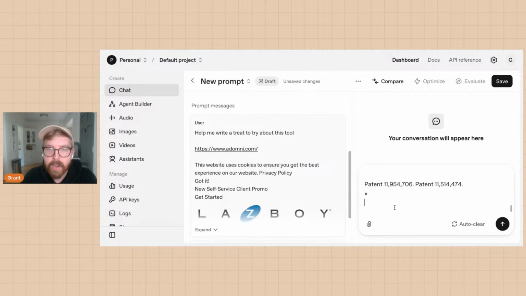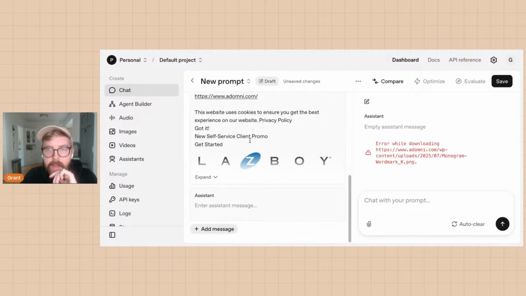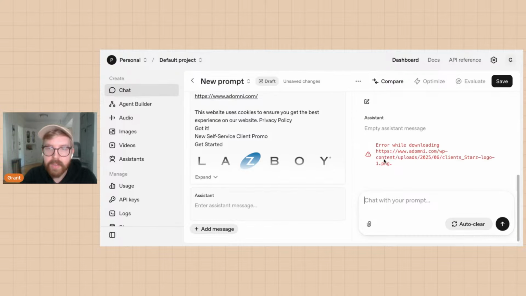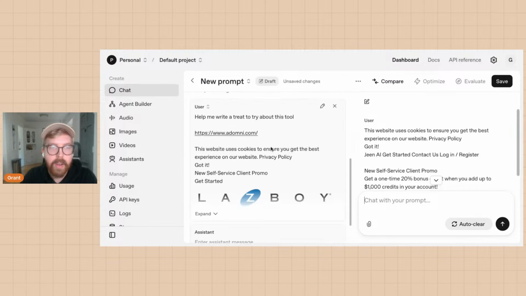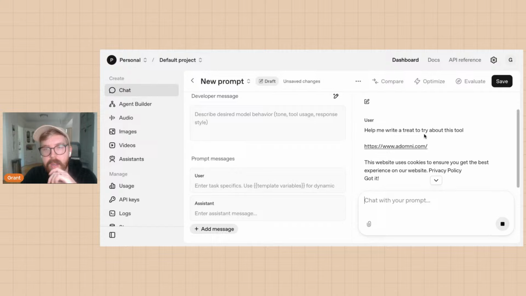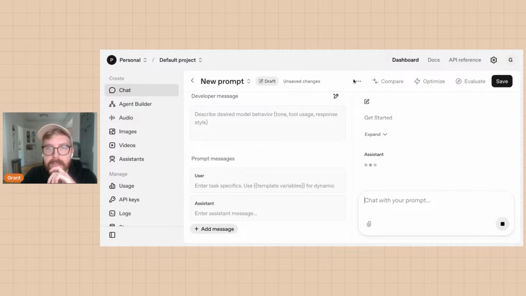You know what? I'm just going to throw it over here. That'll be easier. Okay, let me do this. Let me put it in auto clear. No imagery. Error while downloading. What? Oh, probably because it's over here. Let me just remove this. Okay. Put all this here. See if I can make this screen bigger.